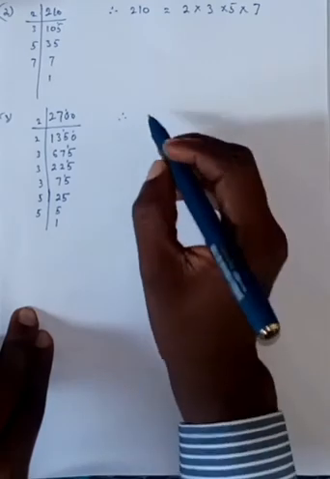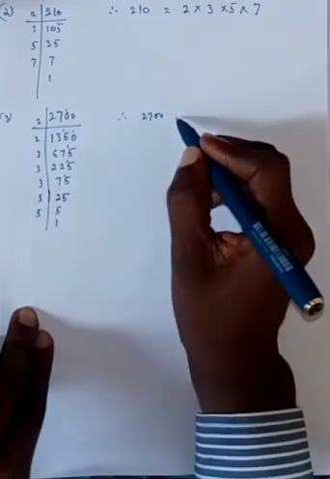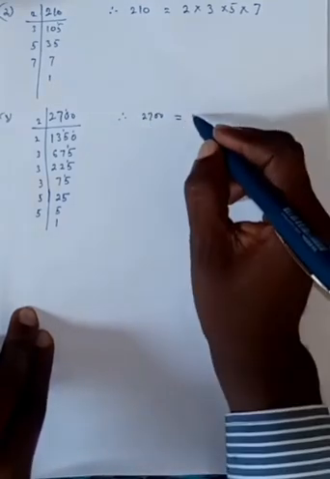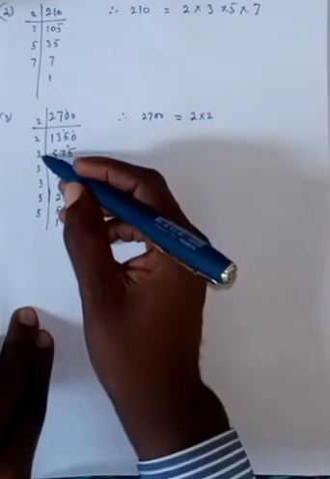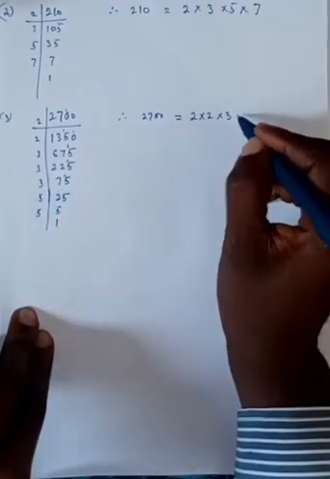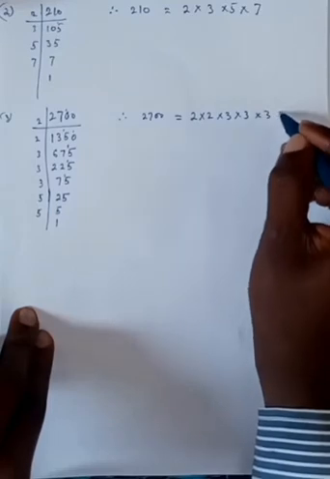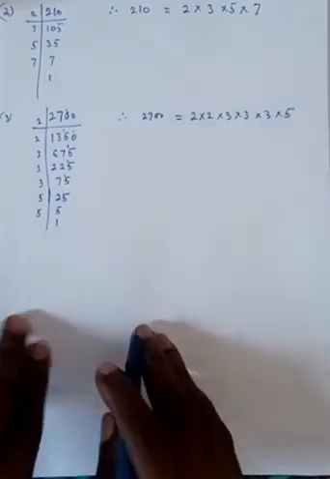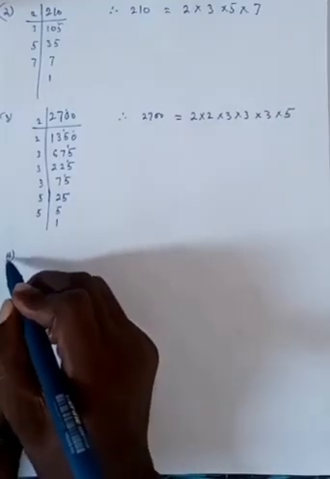So we can now say that therefore 2700 can as well be written as 2 times 2 times 3 times 3 times 3 times 5 times 5. Then in number 4